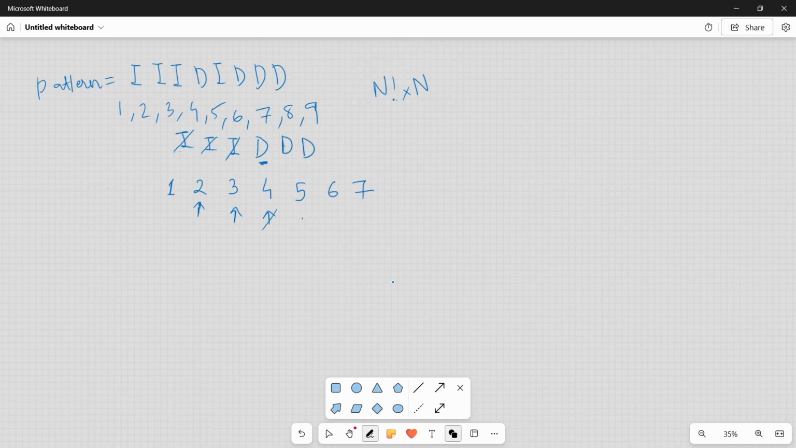So once we swap them, the string will be 1, 2, 3, 5, 4, 6, 7, right? So this condition is matching now. So let's move ahead, right? Again, this condition is matching. Let's move ahead. So again, this is increasing, so we have to swap them again. So let's swap them. So after swapping them together, the string will be 1, 2, 3, 5, 6, 4, 7,